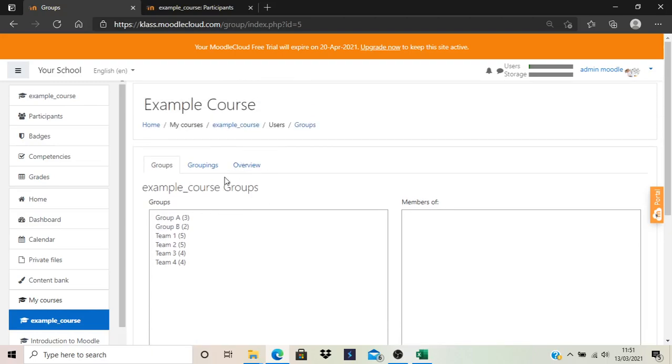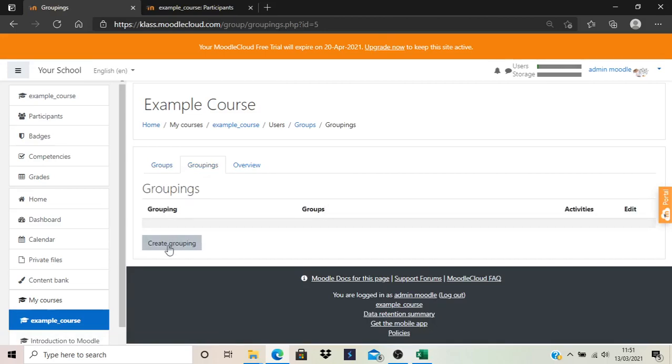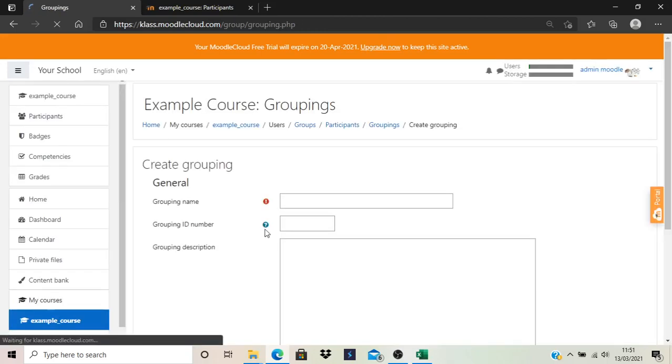It is like a big group for your small groups. We already have these groups, and if we want to categorize them into different big groups, or we name it groupings here, you can just go to the groupings menu, and then you can create a grouping. For example,